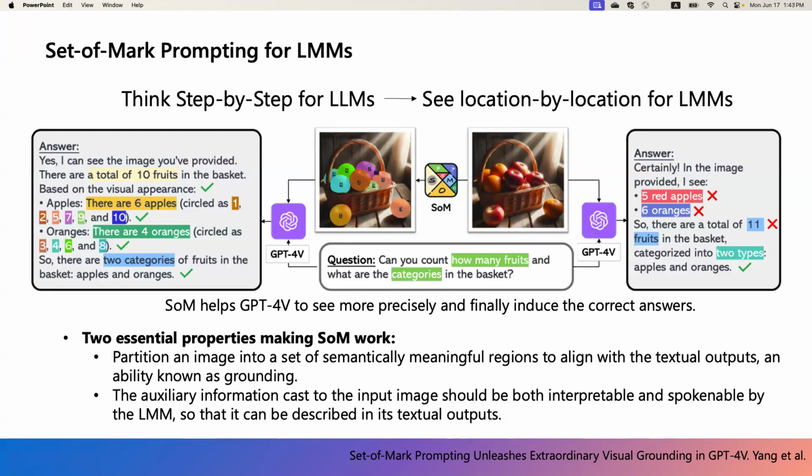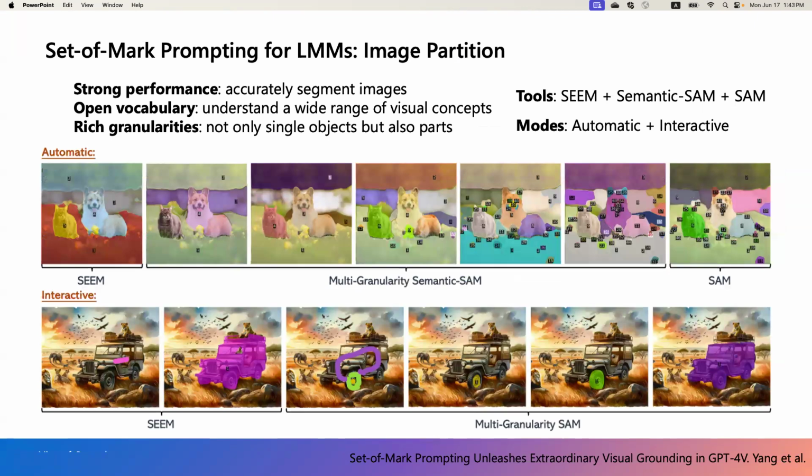Why interpretable? Because it requires the large model to understand. Why speakable? Because you need to have a conversation with the language model. What the language model outputs should be understandable and conversational with the user. So that's why we need to make sure these two essential properties hold for visual prompting, especially for the CVPR prompting. Based on this motivation, we leverage our previous work, like SEEM, like Semantic SAM, and